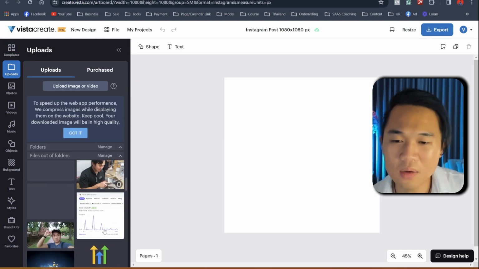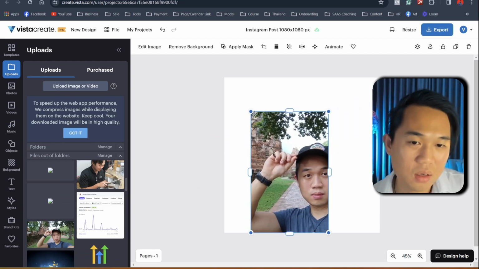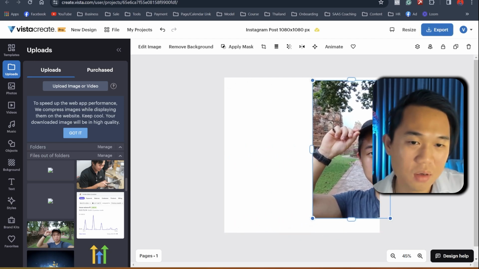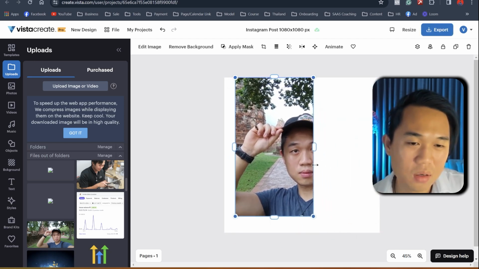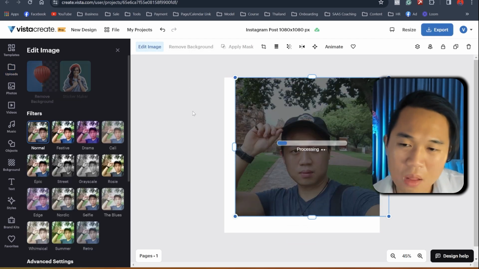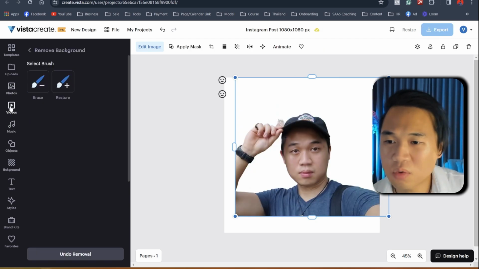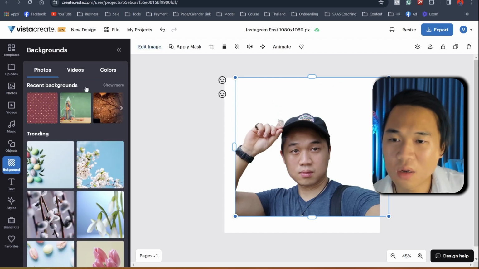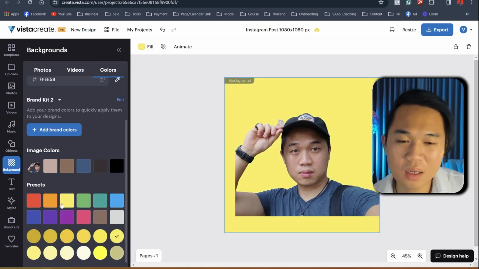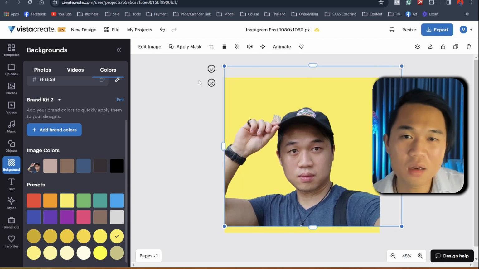So we are going to take this one. It has to be somewhat of a professional photo. We're gonna take this one. It's Instagram. And we want to click on remove background and just wait for it. In the meantime, you want to go to background, and you literally just pick a color, and I would pick a bright color in there. It's really just that. And as I stated here,